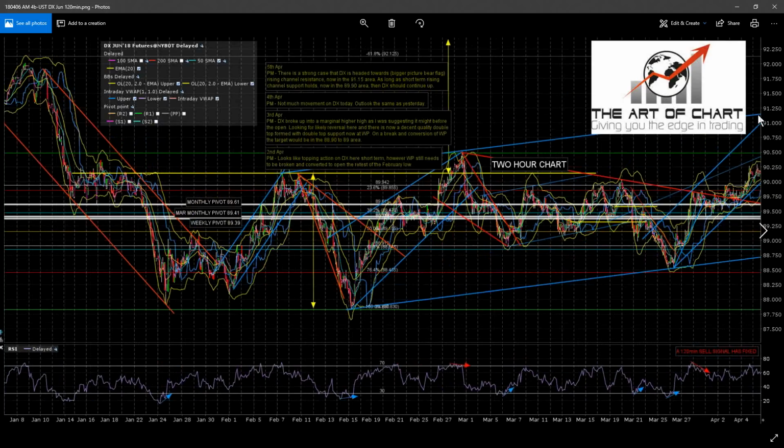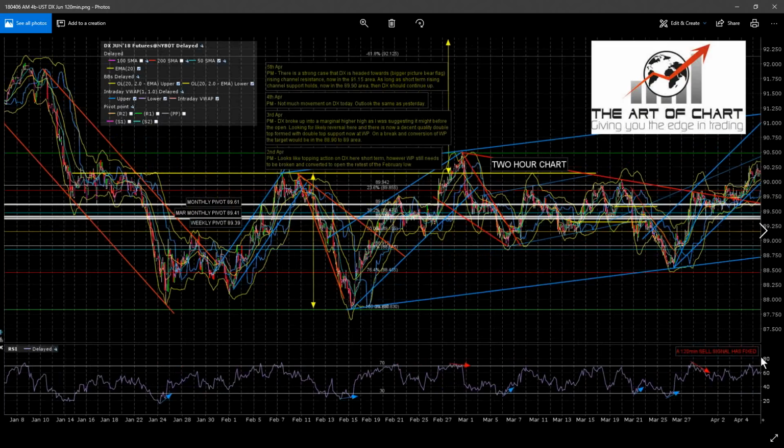DX, I've obviously got channel resistance up here. That's in the 91.2 area. Stan's got this. This is a very nice flag, but that doesn't mean that this isn't Stan's triangle. And Stan's triangle, I think, would depend on it staying under about 90.5. We've stayed under it so far. I'd have a possible wedge resistance trend line that looks nice, that would involve basically a move up to about 90.4. That might tick all our boxes today in terms of HG and GC.